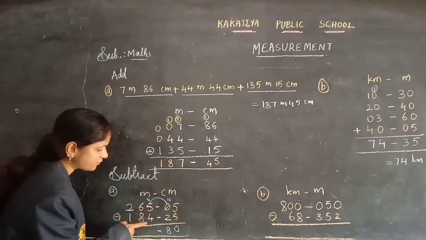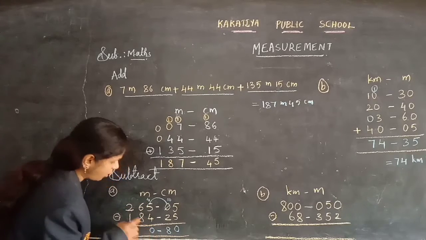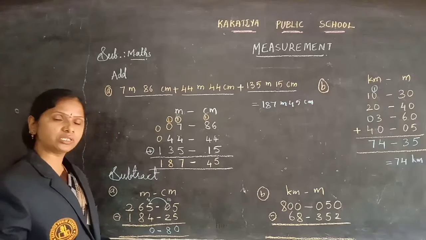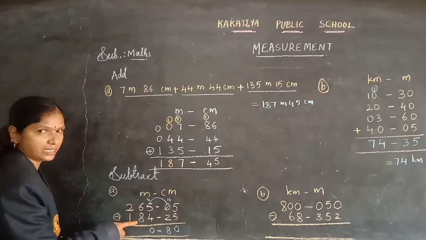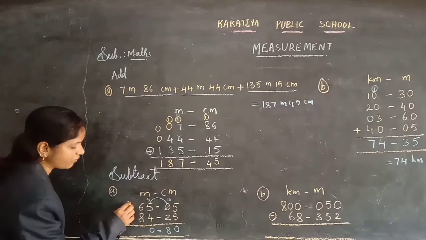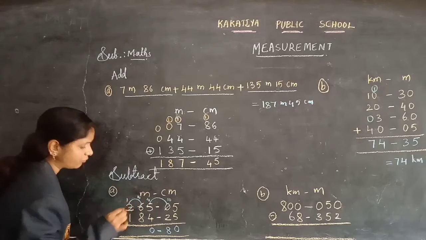Now 4 minus 4, same number we are subtracting means again 0, children. And now 6 minus 8, is it possible 6 minus 8? No. Why? Because 6 is smaller than the 8. So let's take the borrow from before here. So the 6 will become 16 and 2 will become 1, children.